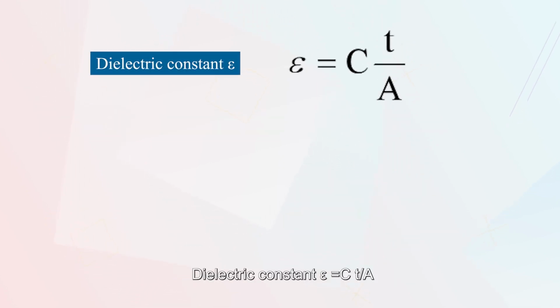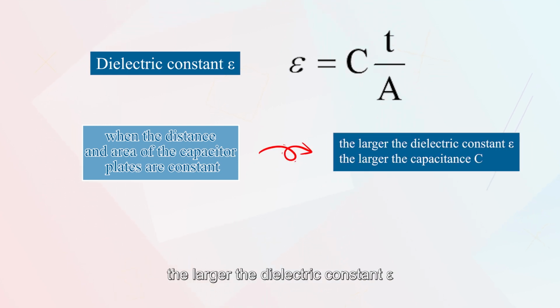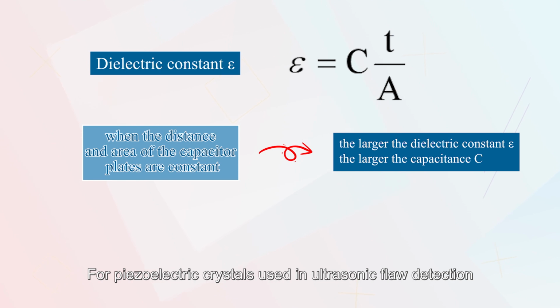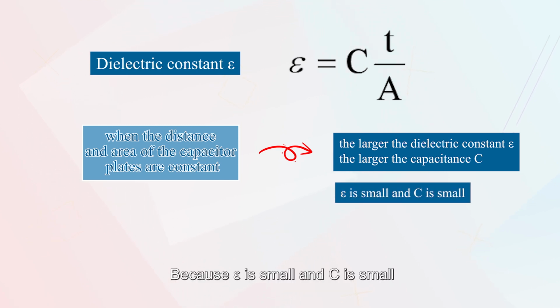3. Dielectric constant epsilon. Epsilon equals Ct/A. It can be seen from this formula that when the distance and area of the capacitor plates are constant, the larger the dielectric constant epsilon, the larger the capacitance C, that is, the more electricity the capacitor can store. For piezoelectric crystals used in ultrasonic flaw detection, when the frequency requirement is high, epsilon should be smaller. Because epsilon is smaller and C is small, the charging and discharging time of the capacitor is short